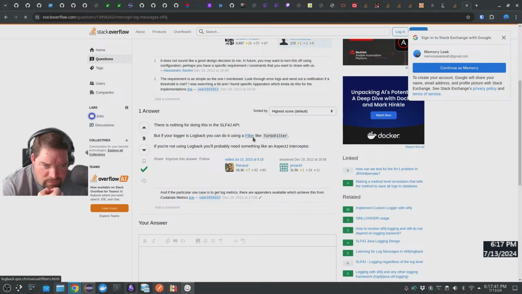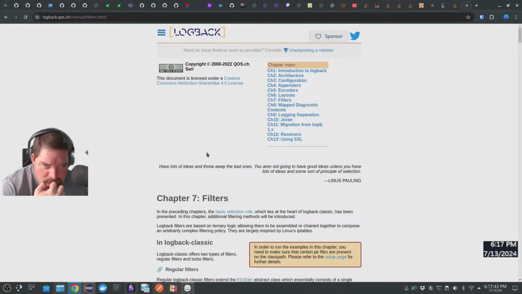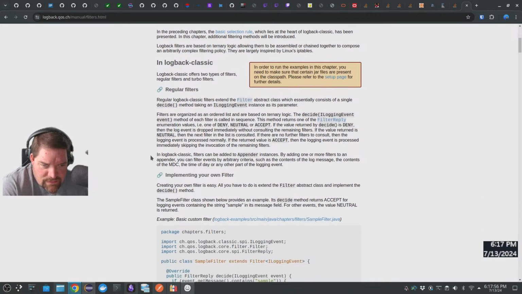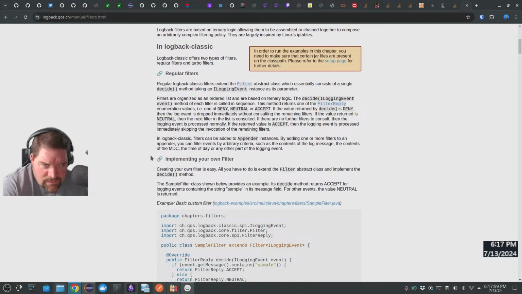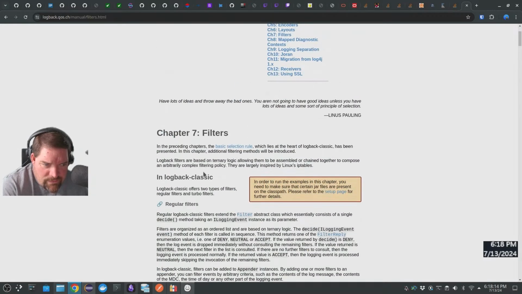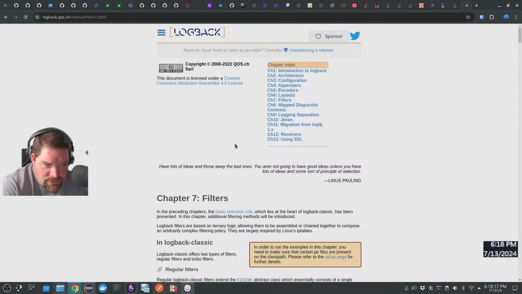Filter, like turbo filter. So I guess it would be Logback doing it. Filter: as long as the decision has been presented based on internal logic, allowing them to be assembled or chained together, compose filtering policy. Extend the filter. I don't really, so I'm not trying to filter the logs. I'm just trying to